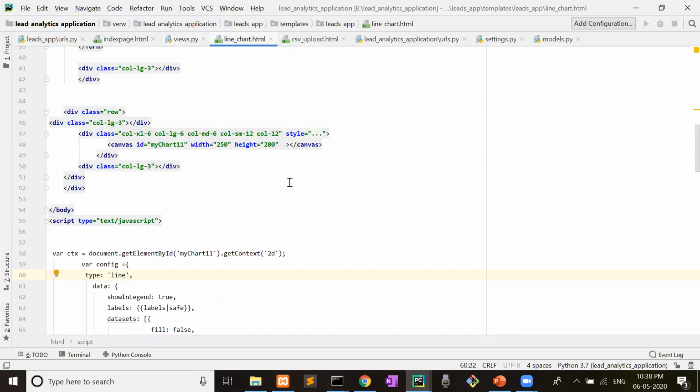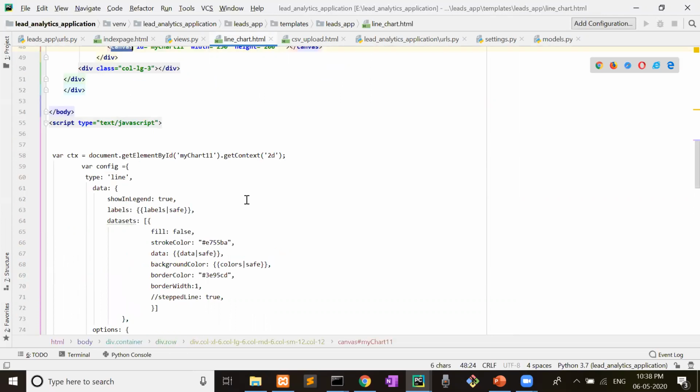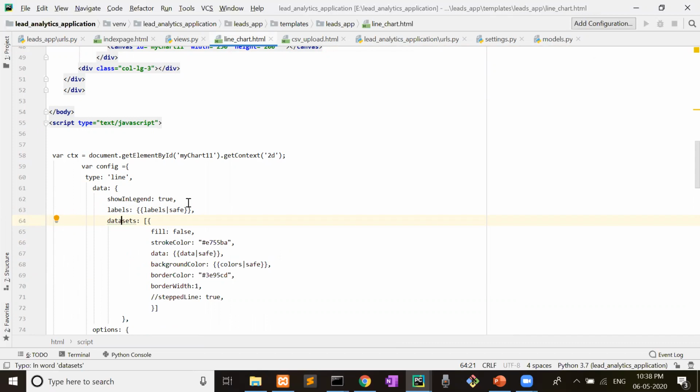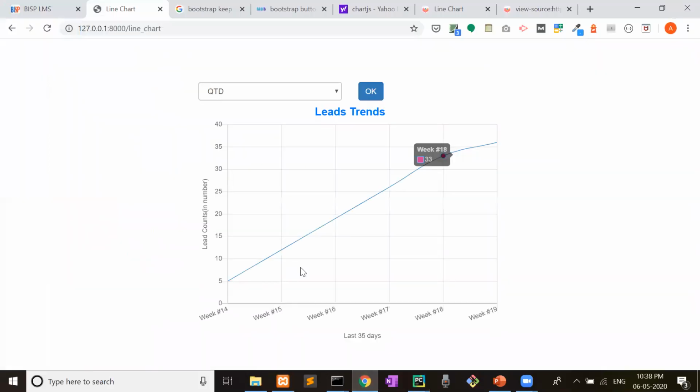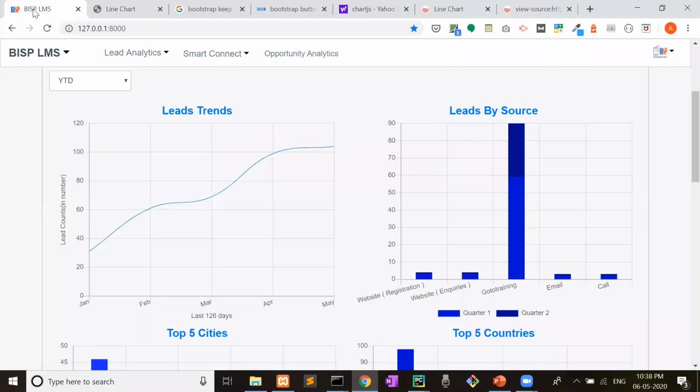And as far as line chart structure is concerned, there is nothing, only write canvas and provide your ID here, supplying ID, and then labels, dataset. This structure is almost the same for every type of chart. In every chart you have to provide dataset, data and labels. So today we have learned how the line chart, or we can say bar chart, is rendered. In our next video, we will see how these stacked bar charts are rendered on the basis of given conditions.